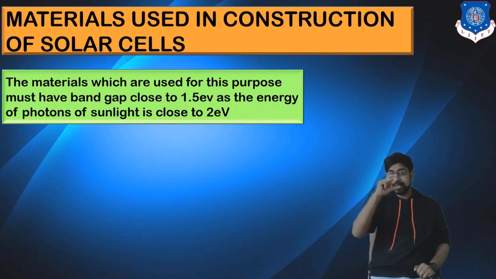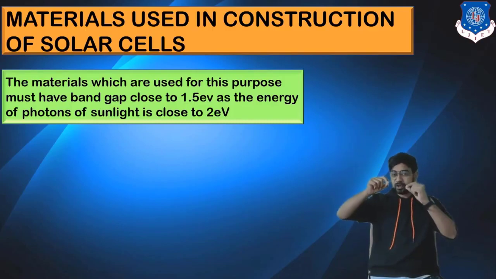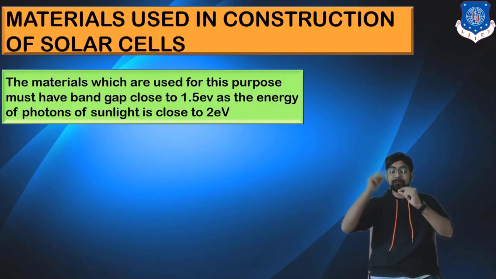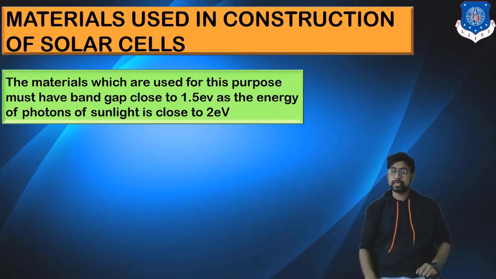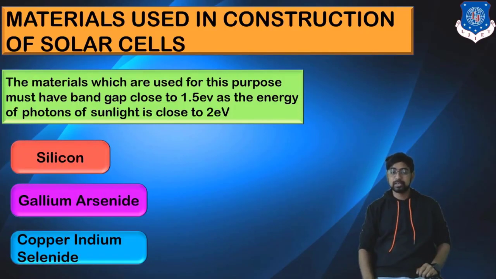electron volts. And how much are we setting up the band gap? It is 1.5 electron volts. So when this light is coming, how much energy does the electron need to jump up? 1.5, but how much are we providing? 2 electron volts. So all the electrons would be jumping to the higher energy levels. Now, the materials that can be utilized are silicon, gallium arsenide, copper, indium, and selenium. These are the basic fundamental materials utilized for the construction of the solar cell.